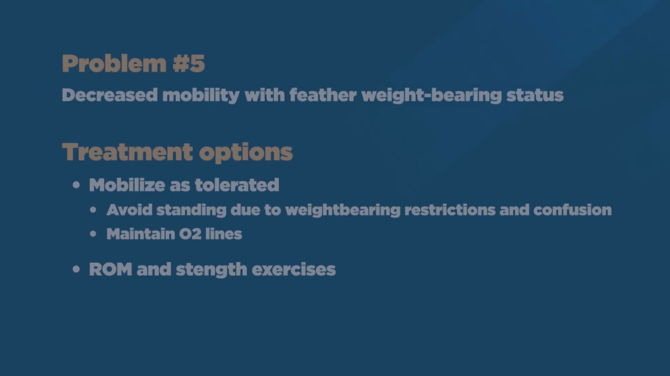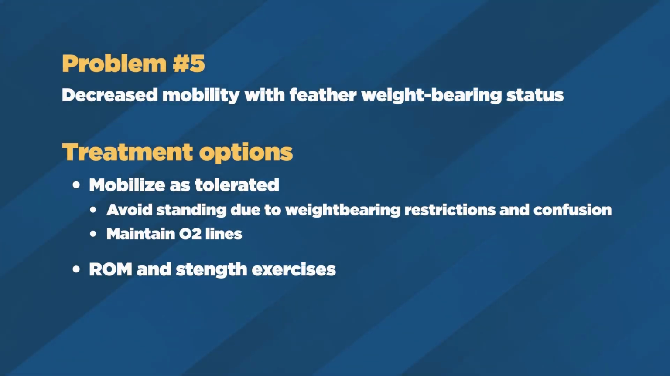Problem number 5, decreased mobility with feather weight-bearing status. Treatment options could include beginning mobilizing as soon as possible to decrease the negative effects of immobility. You would want to avoid any standing at this point, as it would be unpredictable if the patient could follow the prescribed weight-bearing status. You could do things like bed mobility, like rolling or supine to sit, sitting at the edge of the bed,